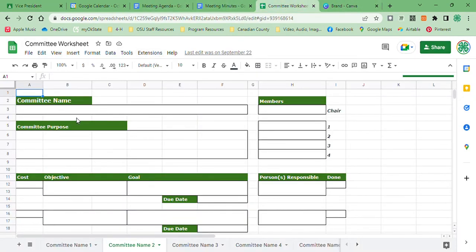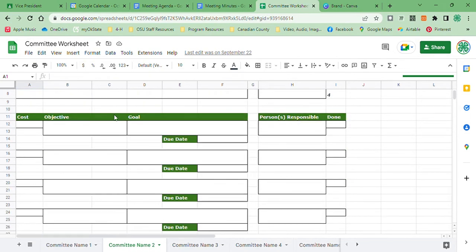Once you open that document, you will see there's a blank spot for the committee name, the purpose of the committee, what is your job, what is the committee supposed to do, who's the chairperson of that committee, and what names of the members of your 4-H club are on that committee. You'll also see down here goals and objectives for that committee. If your committee has an objective to go seek out something and a goal of what they need to find and a due date of when to report back to that committee, this is a great place to keep that